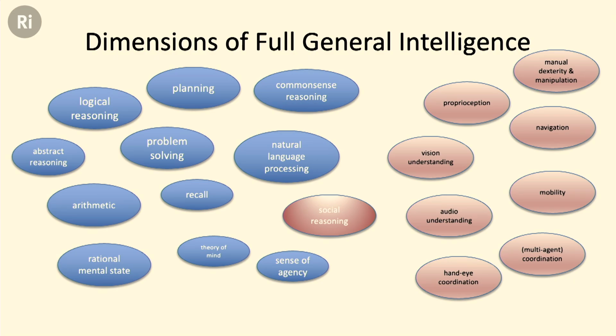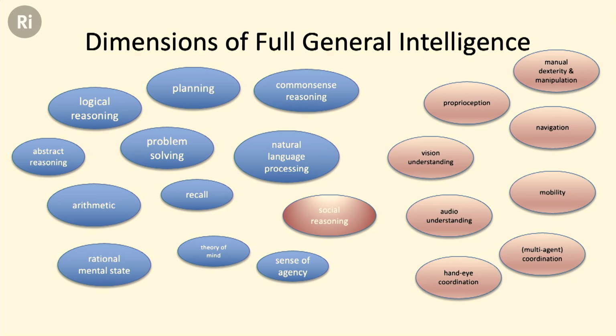Robot hands are nowhere near the level of a human carpenter or plumber, for example. Nowhere near. So we're a long way out from having that. Then there's hand-eye coordination, relatedly. Understanding what you're seeing and understanding what you're hearing, we've made some progress on. But a lot of these tasks we've made no progress on. And then on the left-hand side, the blue stuff is stuff that goes on in your head. Things like logical reasoning and planning and so on.